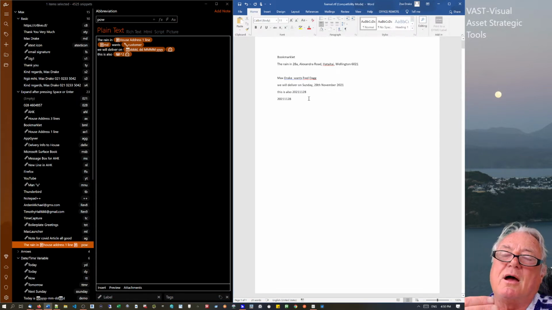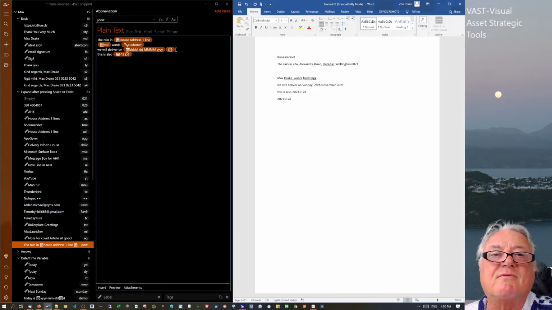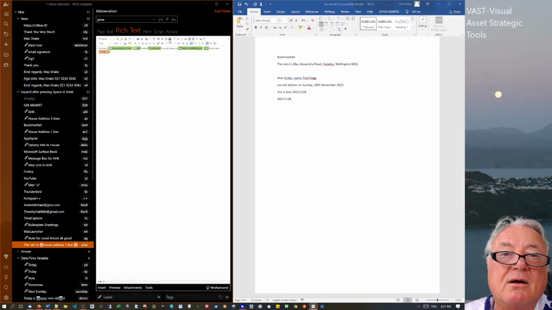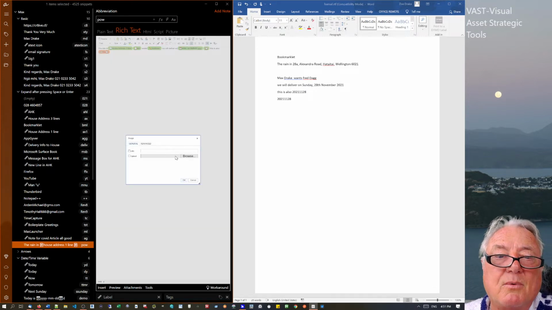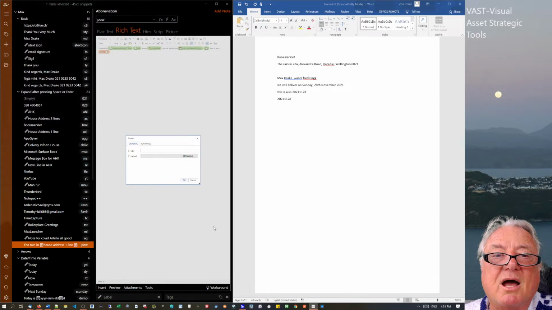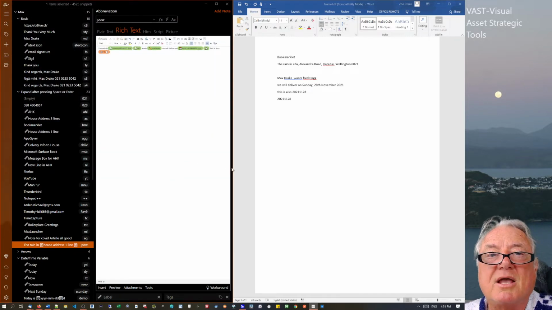So if you had a template of a whole lot of standard things that you put through, you could convert that into a rich text format. You could add an image into that, so we can add a picture onto that one there. So we'll add browse, and we'll just go and get one of those, and we'll open that up. So then the next time we go and use that,